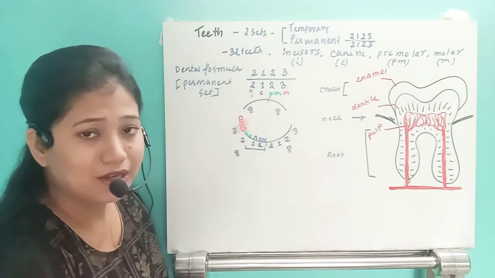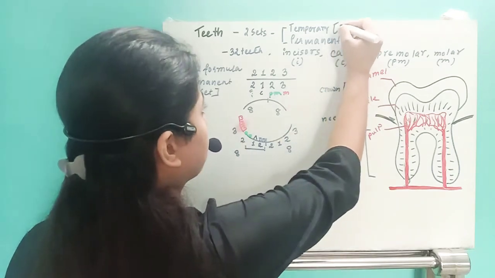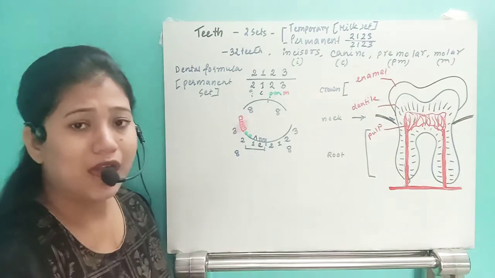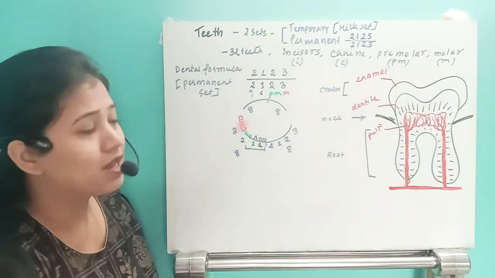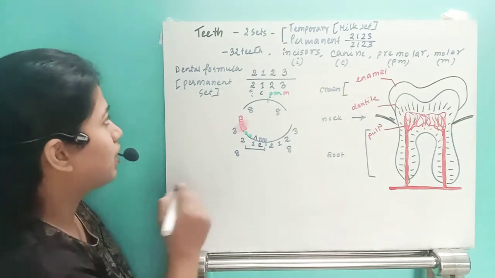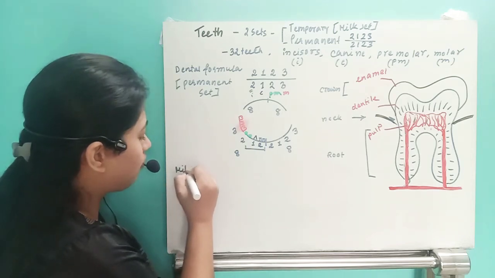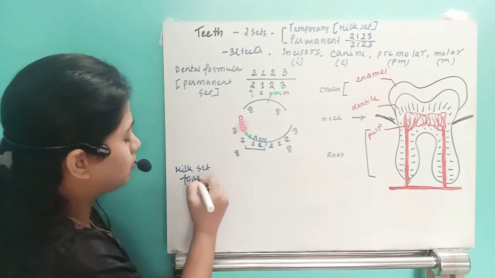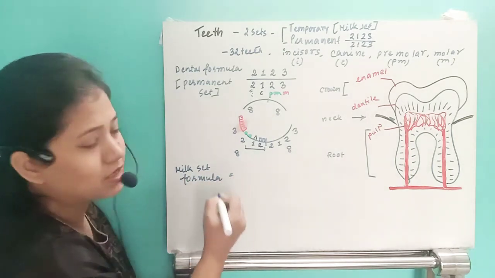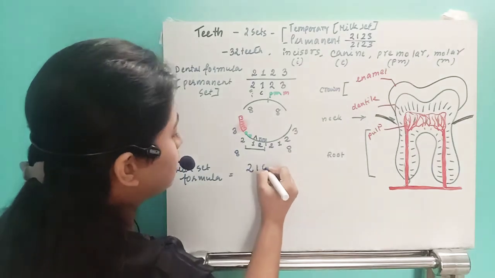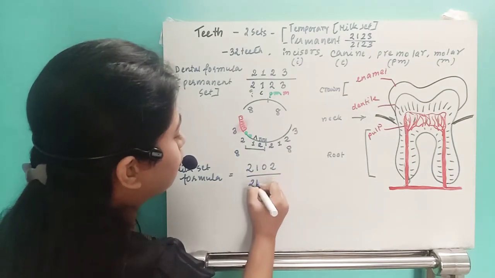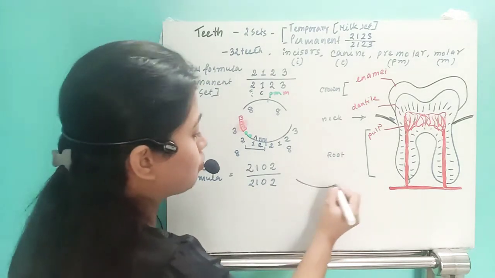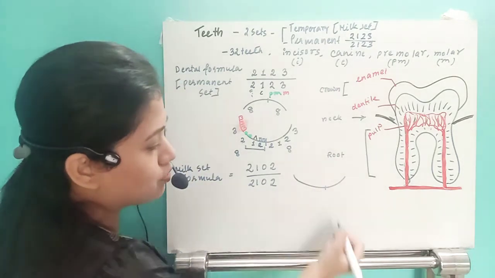If it is temporary teeth, they are also called the milk set, okay? So this milk set falls, and once again we will grow the next set, that is the permanent set. If you see the milk set formula, the temporary set teeth formula, then what is it? It's 2102 by 2102. That means in case of the jaws, if you see only one half,